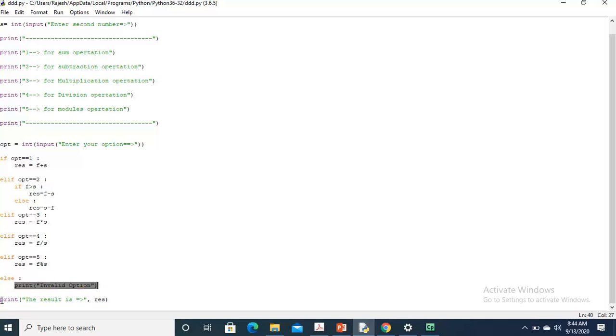Finally, I have used the print of the result. You may use the print from here, but you simply say that at a time only one operation will be performed. Therefore, rather than writing this message with every option, with option 1 and option 2, you just make it at the end, or you may put it with option 1 and option 2.